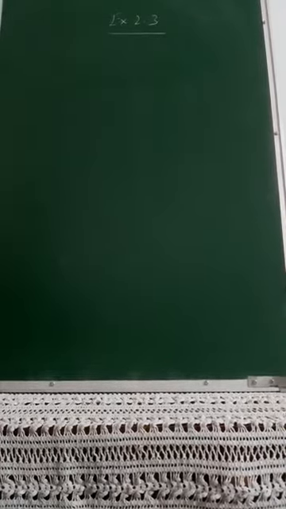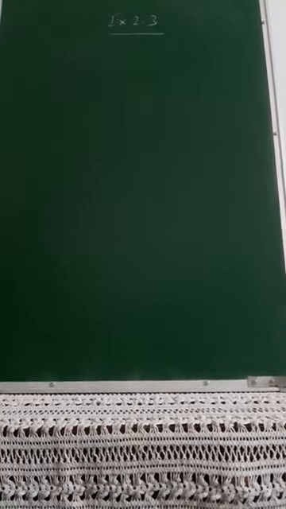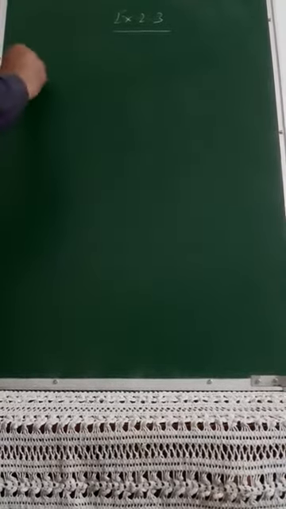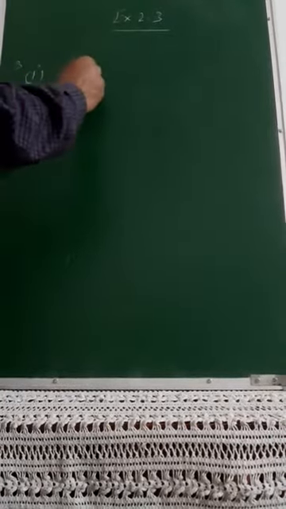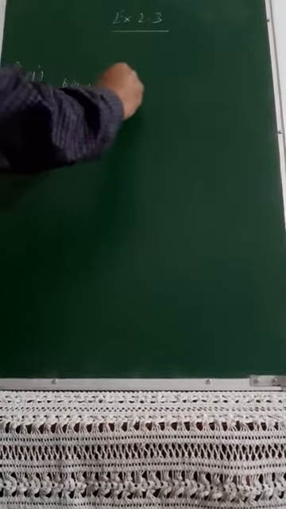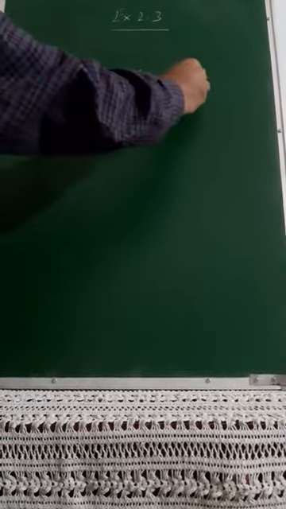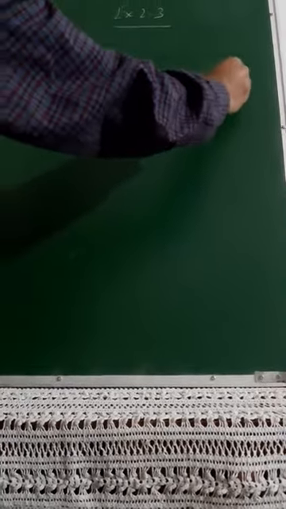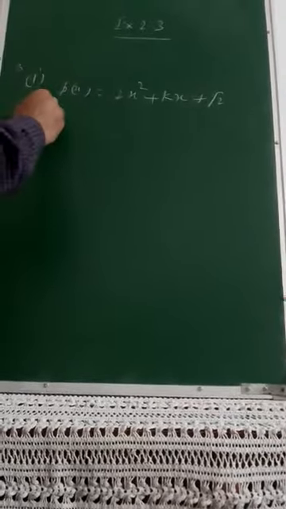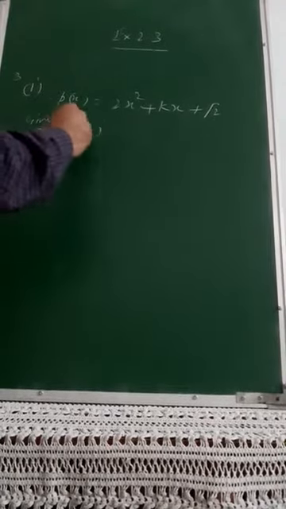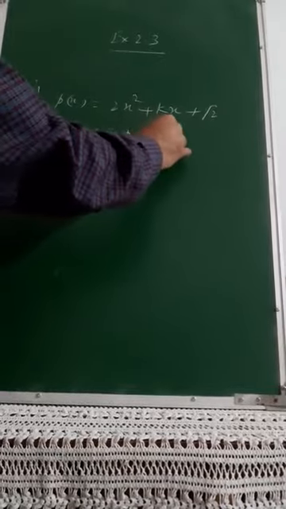So third question, again this is a very important question, that is the application indirectly of your factor theorem. And read the question very carefully. Suppose I am taking the third question, the first part for you. P(x) given to you is 2x square plus kx plus under root 2. What else is given? X minus 1 is a factor. So given x minus 1 is the factor of P(x),